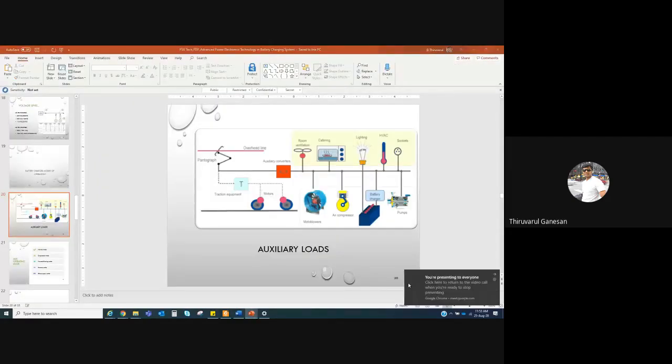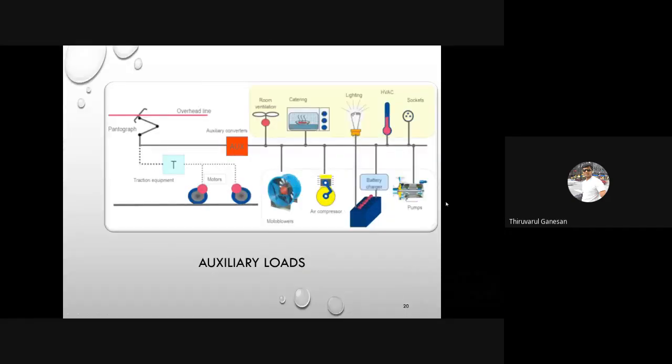So this is the auxiliary load which will be used in most rolling stock applications. Based on the configuration, like a locomotive, metro, or tram, it will be decided whether it is needed or not. Some portions can be eliminated, some can be added. So this is a one line diagram, the pantograph and the auxiliary converter. Maybe you have to consider here the transformer and transformer winding feeding your auxiliary converter, everything.